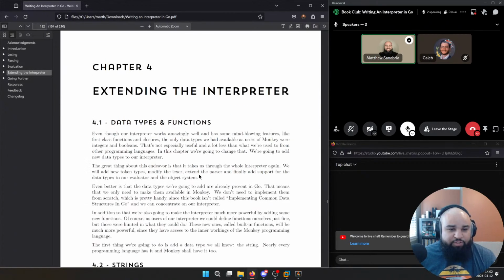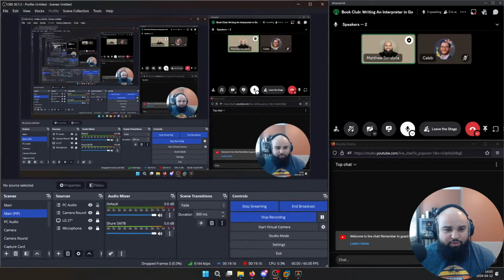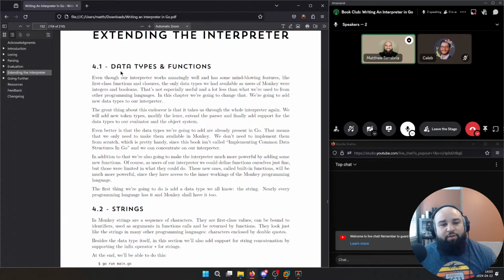In this chapter, we built a bunch more new data types, strings, arrays, and hash maps, and we added what are called built-in functions. I don't know how familiar the audience is going to be with programming in general, but generally speaking, a built-in function is a function that's literally built in to the interpreter that you're using.